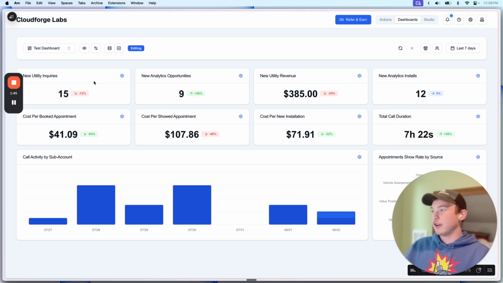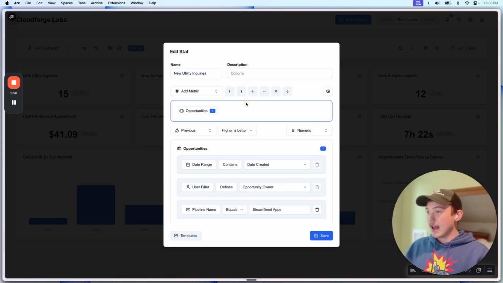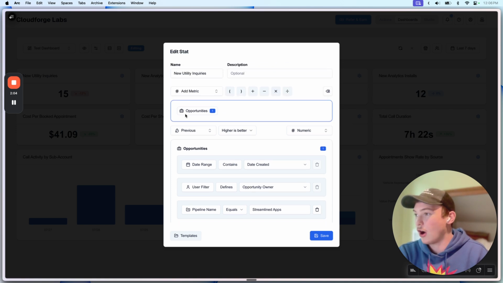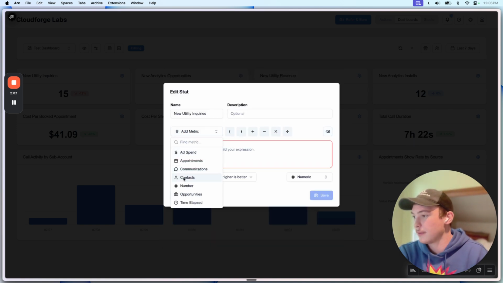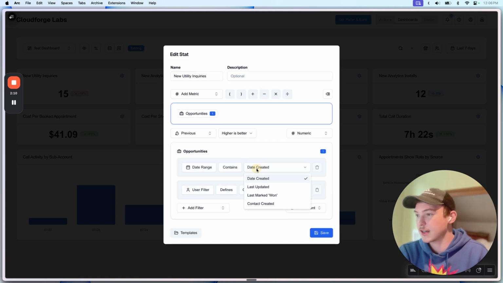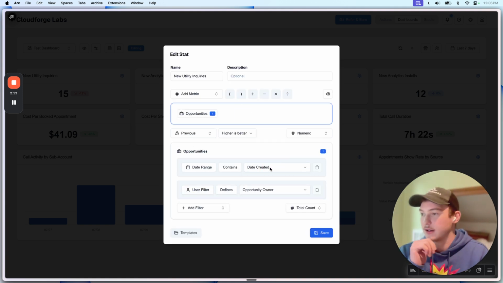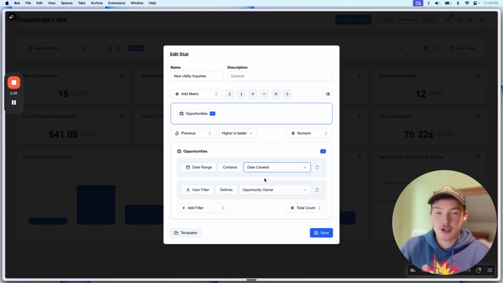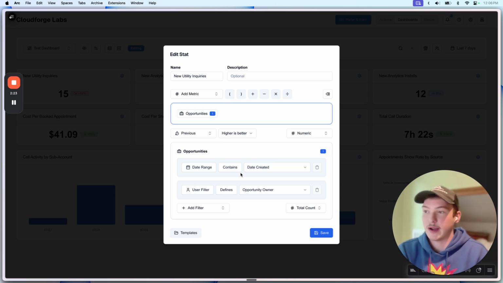So what we have here is we have a few things. So we have new utility inquiries. So these are people who are looking to get information on or potentially install some of my other basic apps. And so we can click on this and we can see this is a custom metric. And so what we're doing here is we're saying the date range, we're looking at opportunities. So if we add opportunities as the metric we want to calculate, it's going to let us customize this metric here. And so we can say, okay, we want the date range at the top of the page to affect